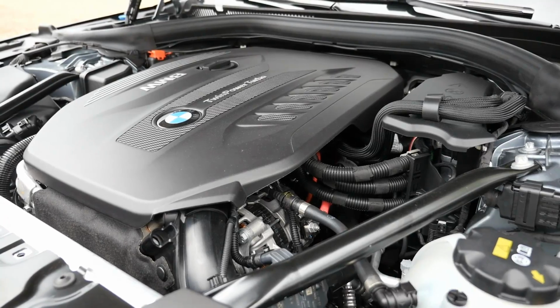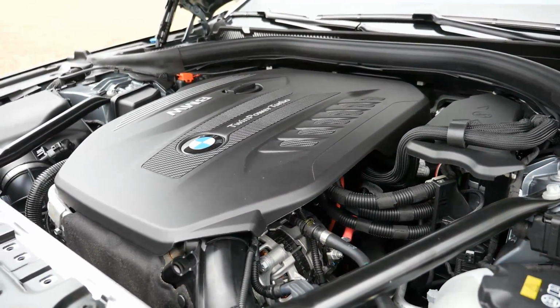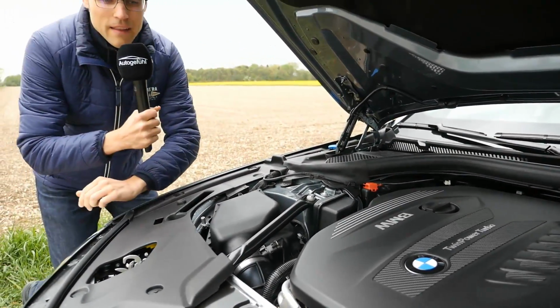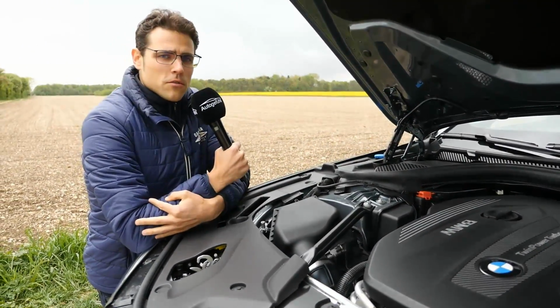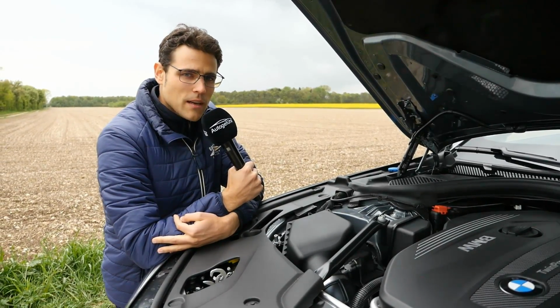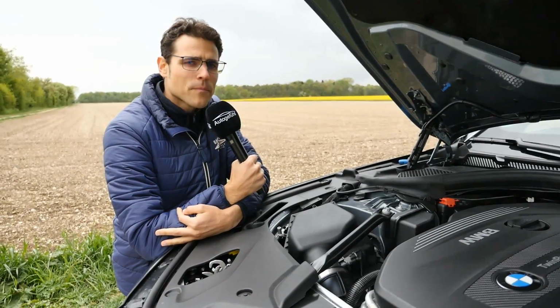And now new was the M550i, the new 8-cylinder, with 462 horsepower. And then I got the question if that will also be available for the Touring. No, it won't be. So we can tell you today they have decided to launch the diesel in the Touring combination,